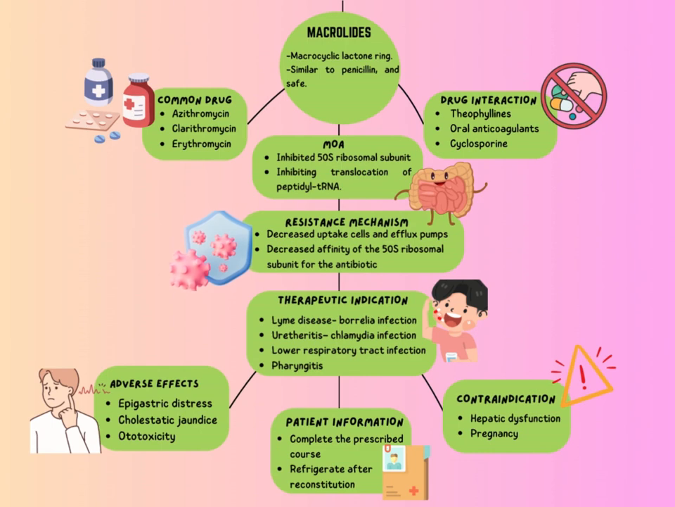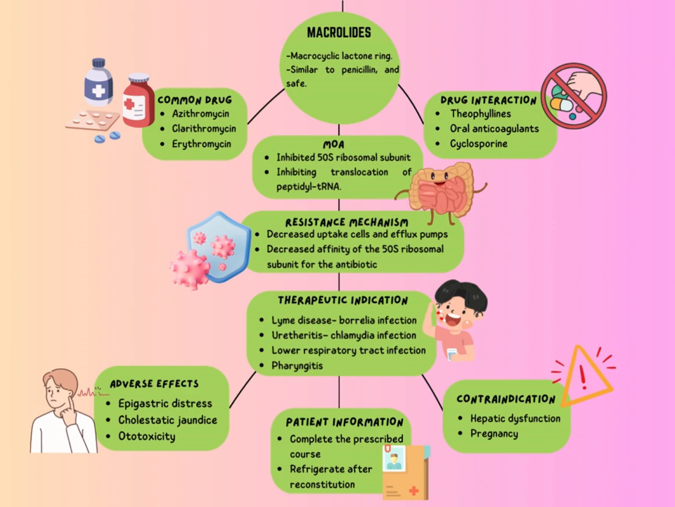Macrolides are a class of drugs used to manage and treat various bacterial infections. Comprised of a lactone ring with a similar spectrum to penicillin, they are frequently used for infections in people who are allergic to penicillin. Azithromycin, clarithromycin, and erythromycin are commonly used drugs. Their mechanism of action revolves around their ability to bind the bacterial 50S ribosomal subunit, causing the cessation of bacterial protein synthesis, and inhibit the translocation of peptidyl tRNA